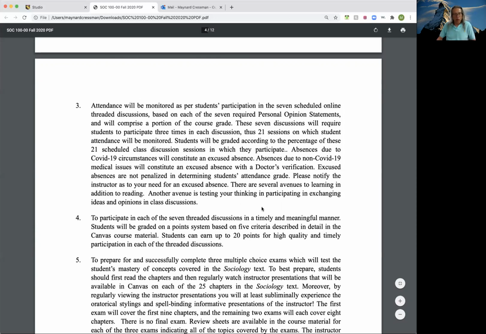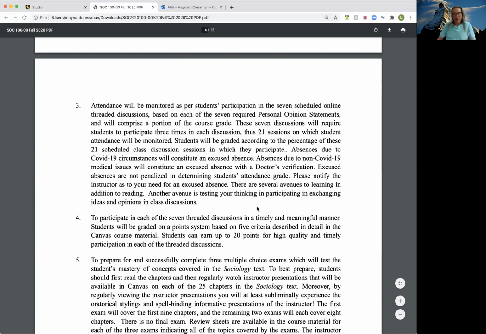This is why they're called a threaded discussion. You're going to make 3 different posts in 3 different time periods in the week following the submission of the personal opinion statement on, does immigration benefit the economy? So this is all laid out in infinite detail. I even give you the time frame for each one of the threaded discussions for each one of the discussion boards. So all you have to do is follow the framework that's in there.